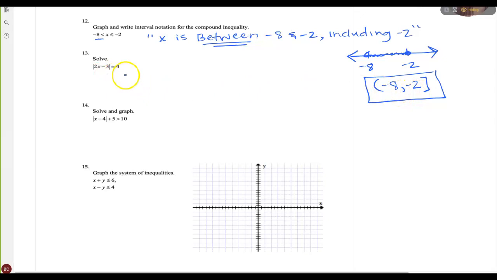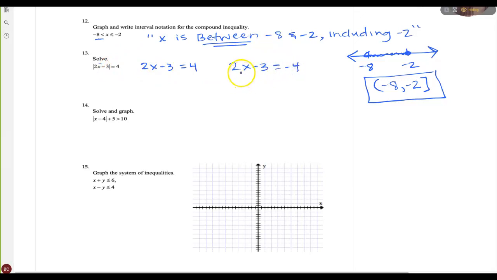Okay. All right, on this next one, we're solving an absolute value. And when you're solving absolute value equations, you've got to get the absolute value part by itself first, and then you're going to write two statements. And that's the part that sometimes students forget. They'll solve it this way, but forget that they have to write another statement, right? So the two statements you're going to be writing: you take off the absolute value sign once that absolute value part's by itself. So I've got 2x minus 3 equals 4, right? And then the other one is 2x minus 3, and then we're going to change that to a negative, equals